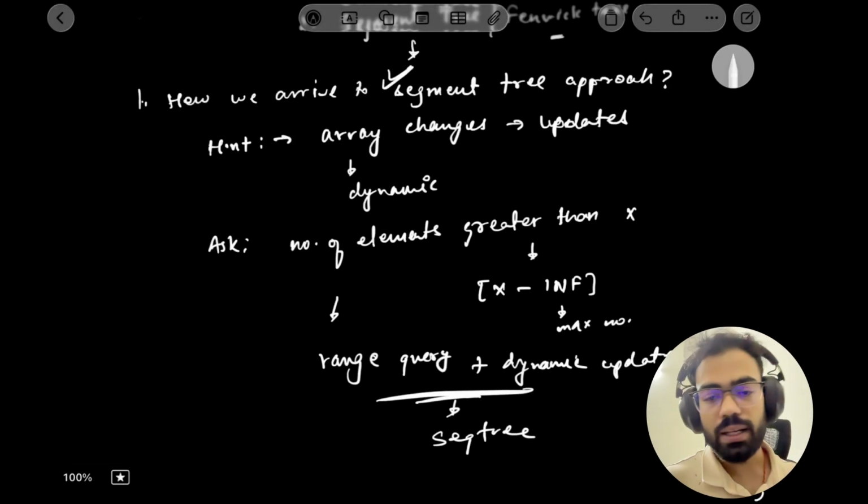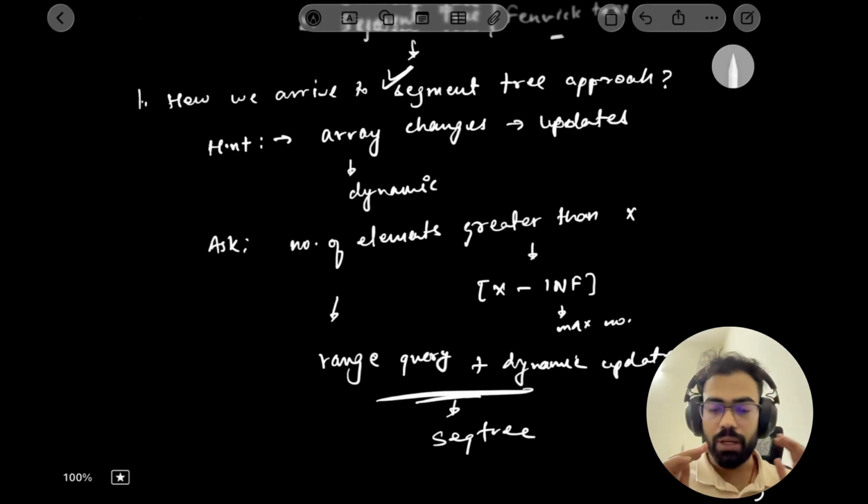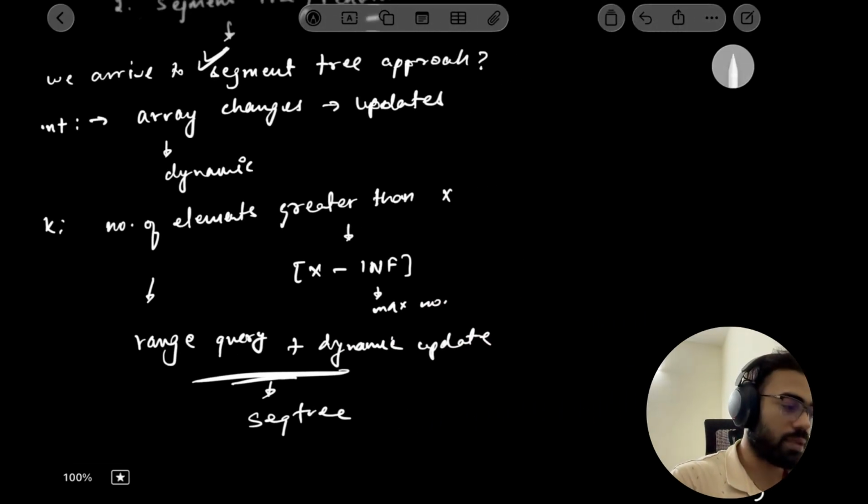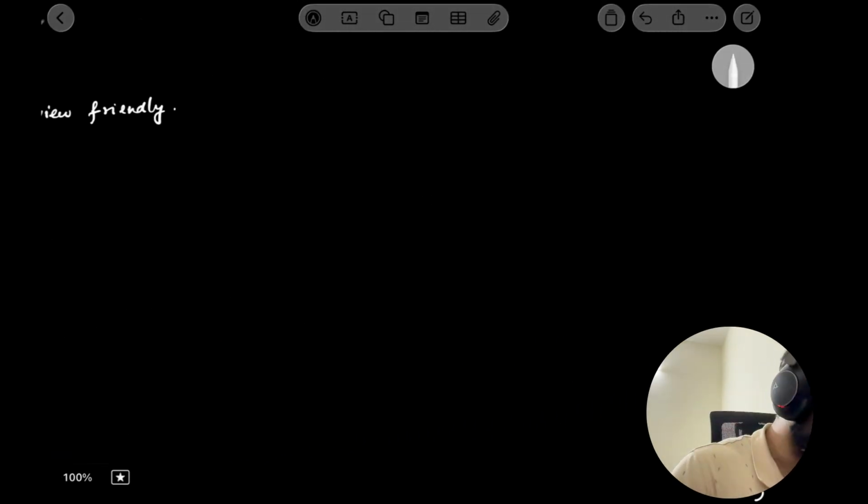अगर तुम्हें ये पता चल गया है कि रेंज क्वेरी है, डायनामिक अपडेट हो रहे हैं, मतलब एरे की वैल्यूज चेंज हो रही हैं, एरे में कुछ नया ऐड कर रहे हो, एरे की वैल्यूज आप अपडेट कर रहे हो, सेगमेंट ट्री लगेगा अब इसमें। ओके, नाउ अब हम बात करते हैं सेगमेंट ट्री कैसे लगेगा। पता तो चल गया हमें सेगमेंट ट्री लगेगा।